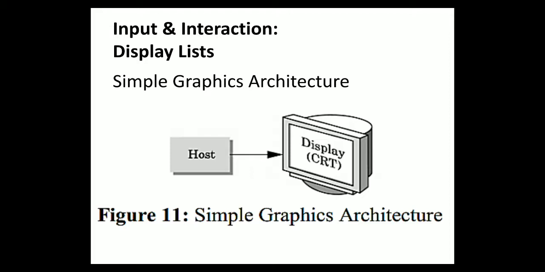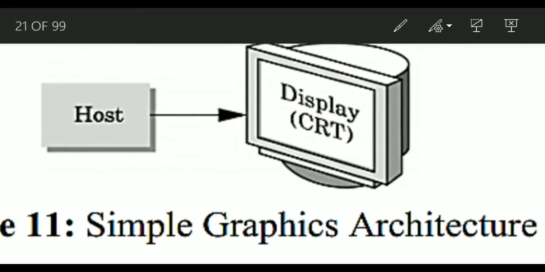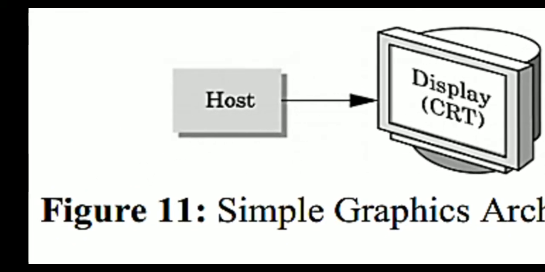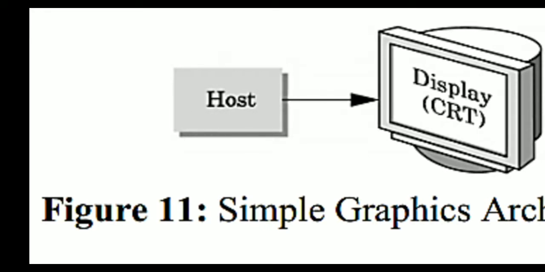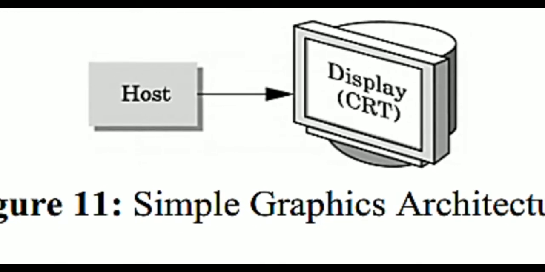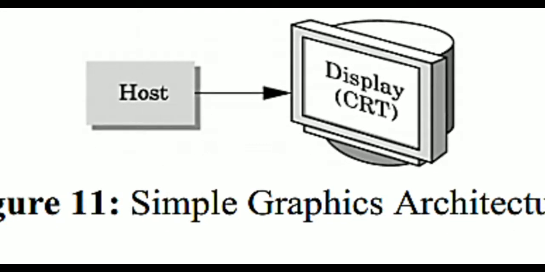In this case, we'll be learning about display lists. The basic aspects of display lists go back to the early stages of computer graphics, and they help with the computer communication with respect to the client server communications. The basic structure was like this: simple graphic structure, architecture. A host which is requesting a service from the monitor, like trying to open some application, and the CRT is responsible for showing that output to the host.